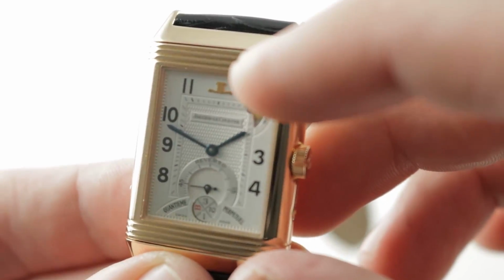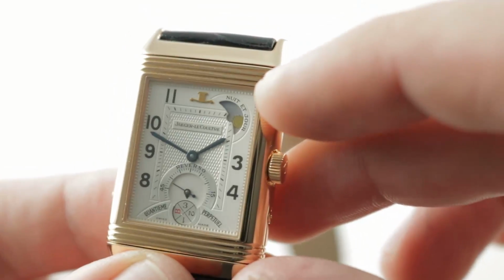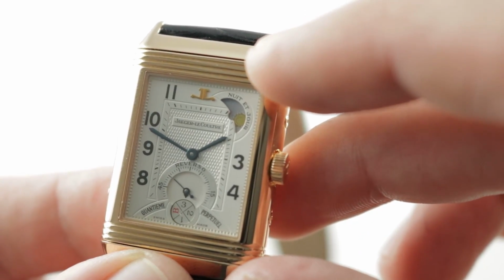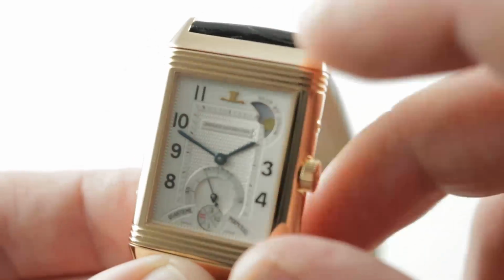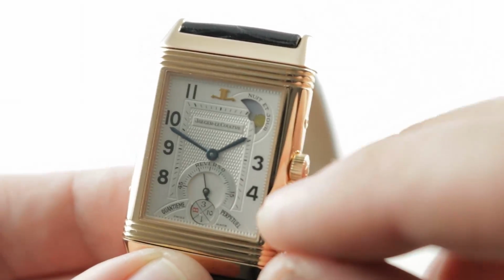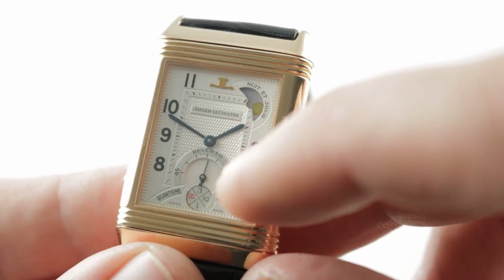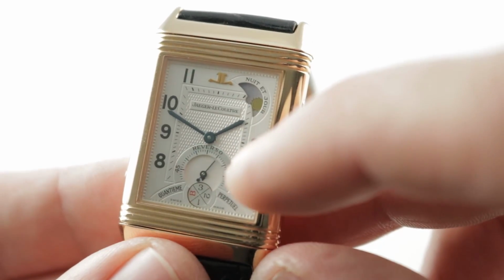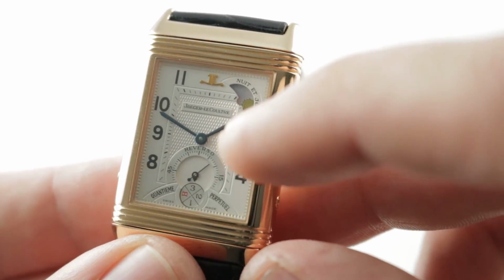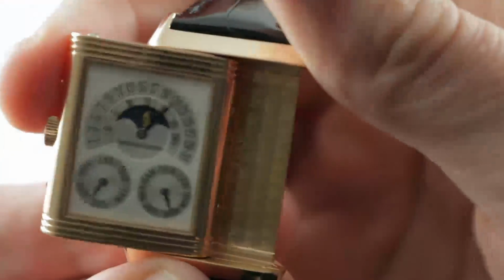Blued broadsword hands over a sort of cross-hatching guilloche center. You'll appreciate that there is a day-night indicator up at 1 o'clock that acts as your danger zone indicator, so when you see night, don't use the pusher adjusters to set the calendar. That's when it's turning automatically. There's a small second and a lovely arc featuring the Quantieme bisextile or leap year indicator with the big red B down at 6 o'clock. So you have a leap year cycle indicator, you have constant seconds, a handsomely balanced dial, and then on the